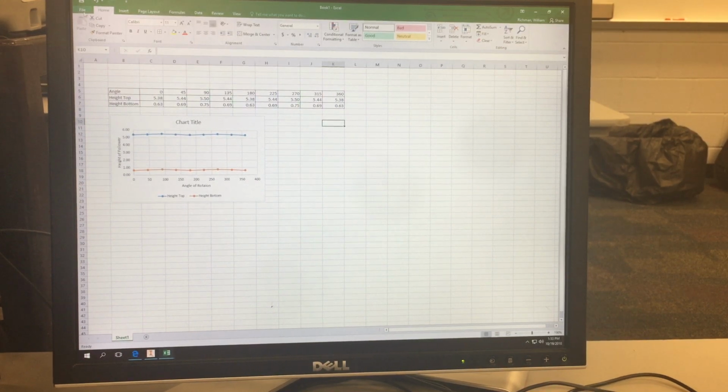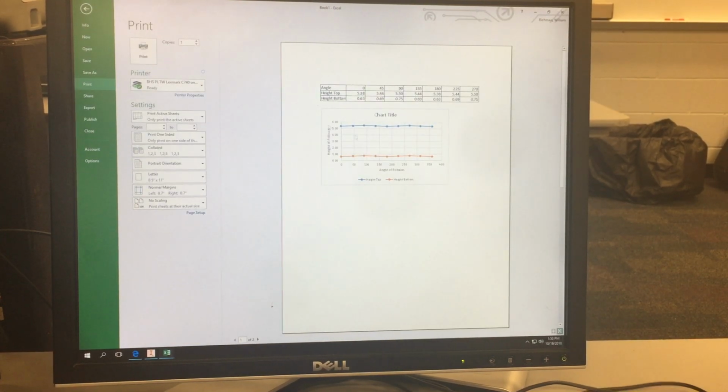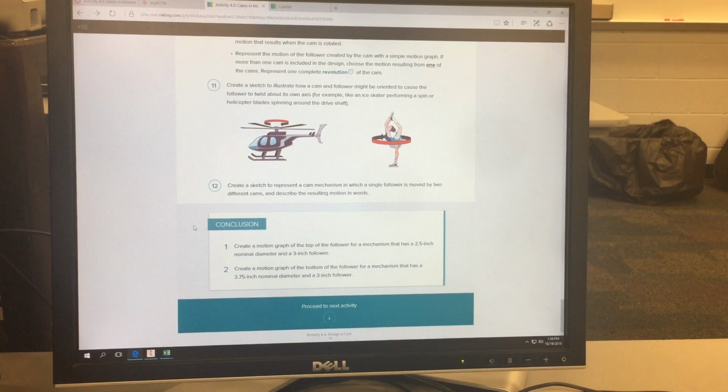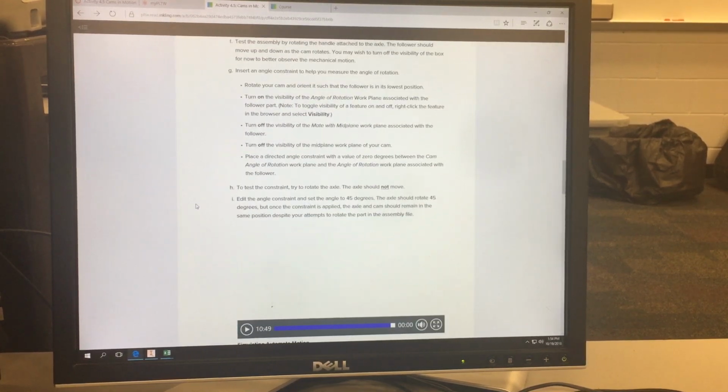All right, you need to turn this in, and so go up to File, Print. You should be able to see PLCW and PLCW Lexmark and print that out. But everyone's chart for this should look exactly like this. Okay, yours might be different later on in your project though, or it should be different. All right, so other than that, make sure you complete the assignment. If you have questions, talk to each other,